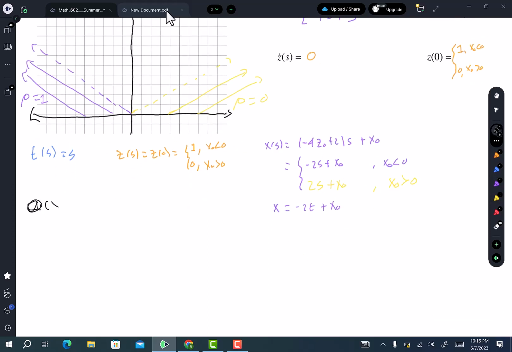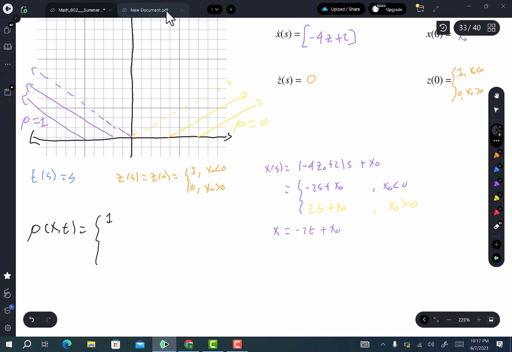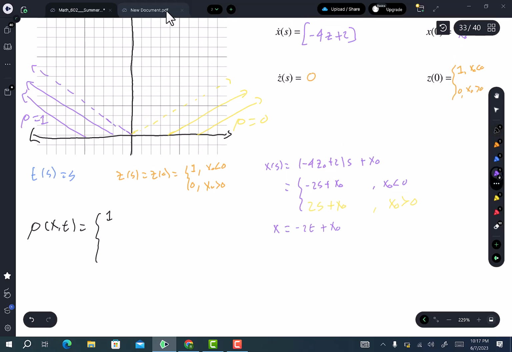Rho of x,t is going to be equal to 1. So this purple dashed line right here is t is equal to minus x over 2, and this yellow line is t is equal to x over 2. So the density is going to be equal to 1